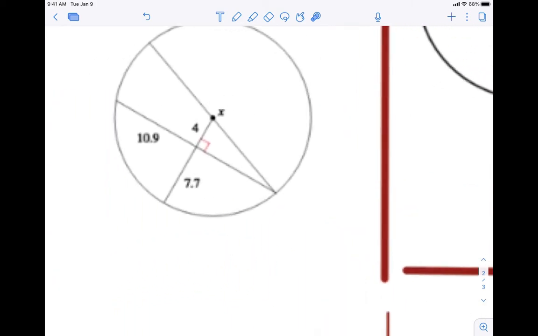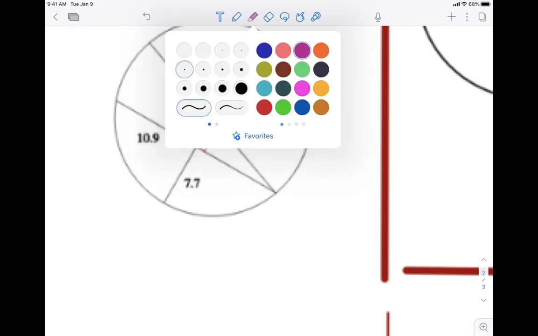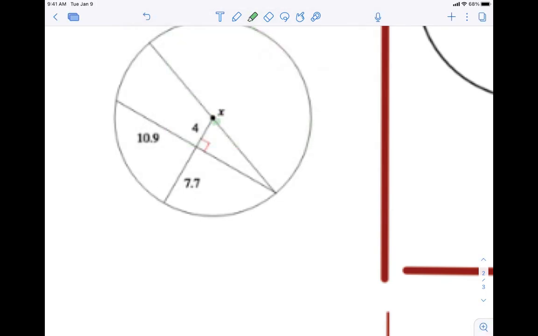So let's take a look here. Let us use our cool highlighter here. So that means I have a radius from the center to the side. That is equal to this radius from the center to the side, which is also equal to that radius, which is the center to the side. So if you notice,